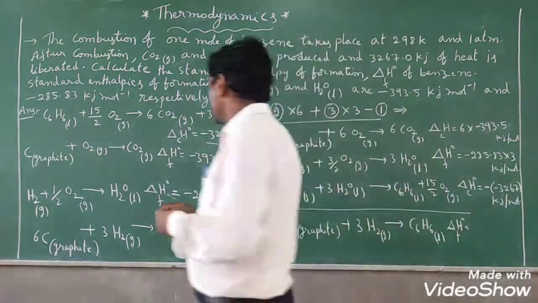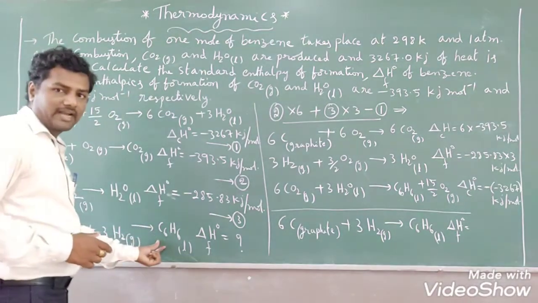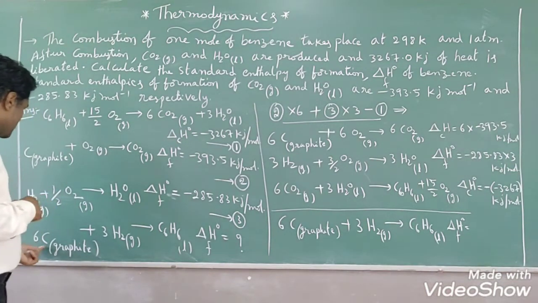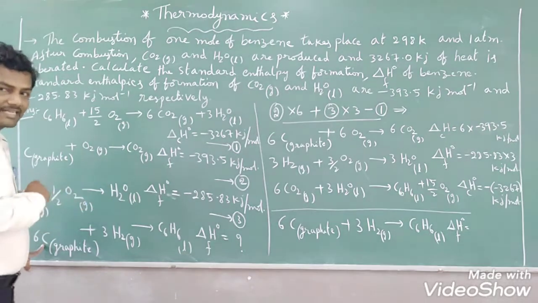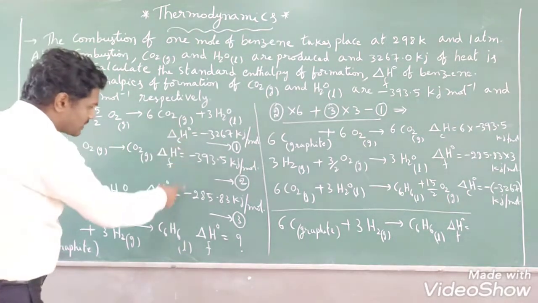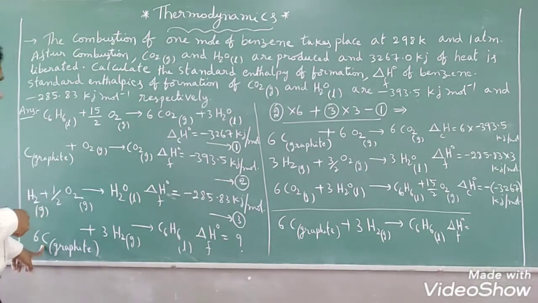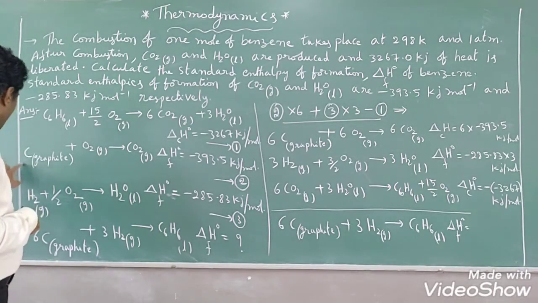Why? Because in this equation we are going to find out, you have to observe very clearly how many moles of carbon are there. 6 moles, and that too, it should be on the reactant side. Among all these reactions, you have to identify in which reaction carbon is present. Carbon is present in the second equation, students. How many moles are there? 1 mole.